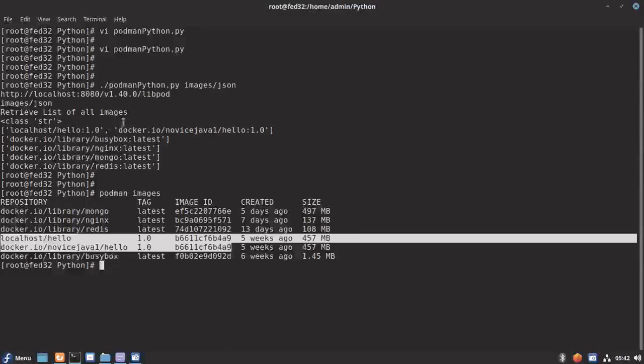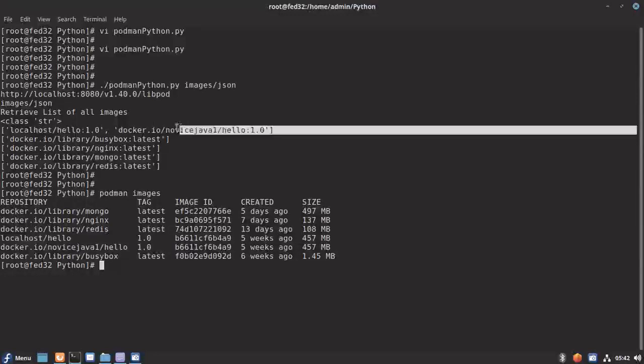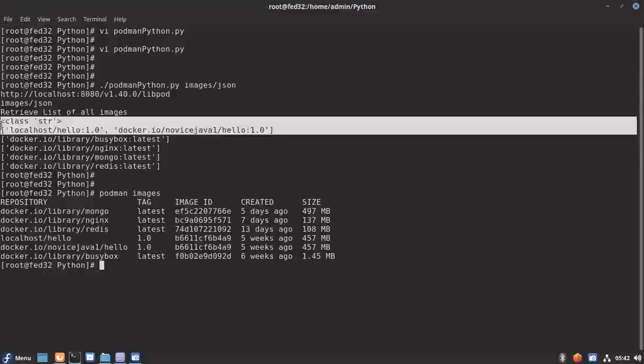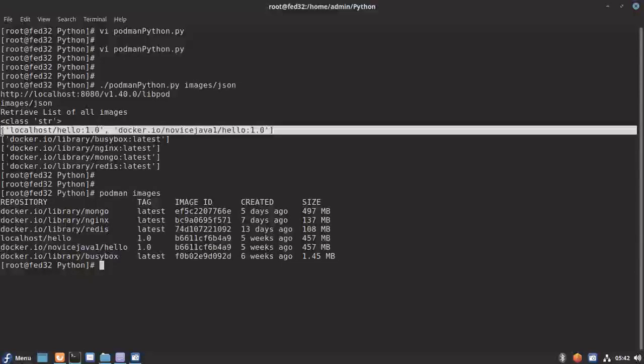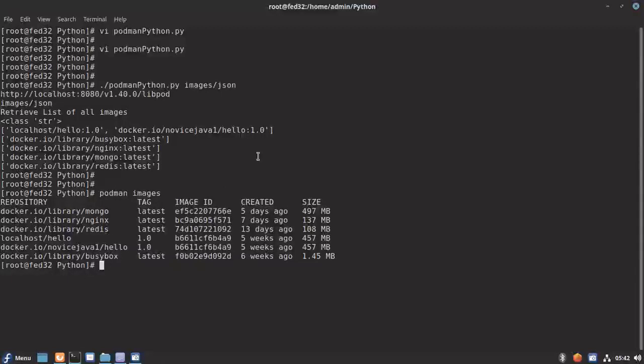So that is where you're able to see it is having 2 different tagged images of the same image ID. So that is why it is showing like that. Okay, so this is how we can capture the image data from the Python application.